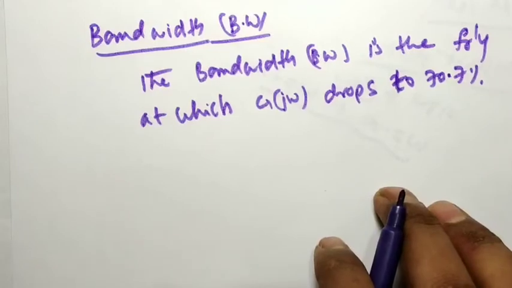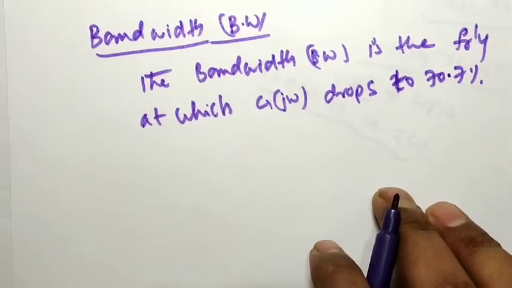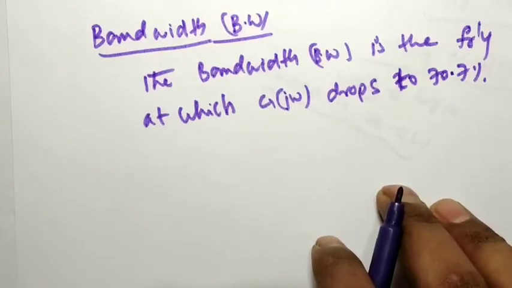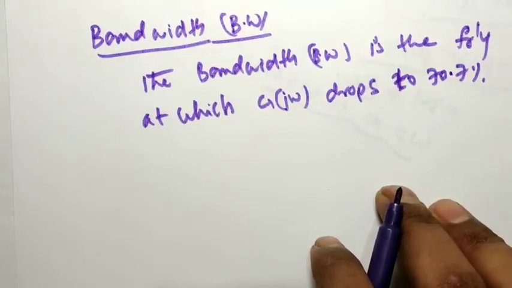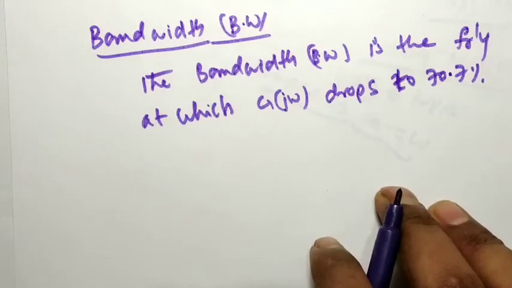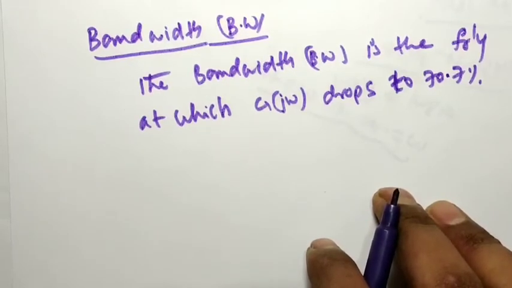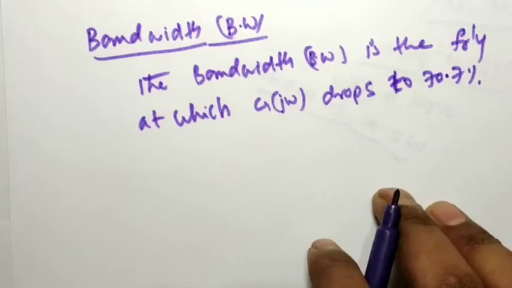Here a large bandwidth corresponds to a faster time response, since higher frequency signals more easily pass through the system. Conversely, if the bandwidth is small, only signals of relatively low frequencies are passed, and the time response will be slow and sluggish. Bandwidth also indicates the noise filtering characteristics and the robustness of the system. The robustness represents a measure of the sensitivity of a system to parameter variation. A robust system is one that is insensitive to parameter variation.